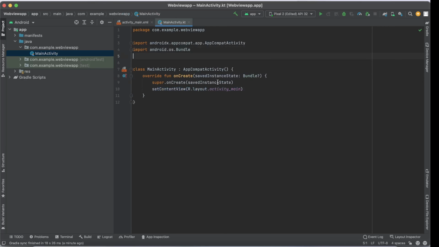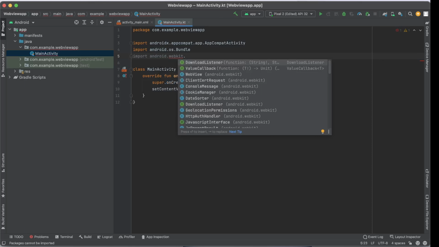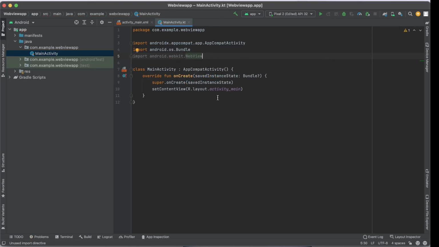So I'm just gonna expand here, and then after expanding, you have to import the web view, which is gonna be coming from, we have to import the web view. And then after that, we have to come to our